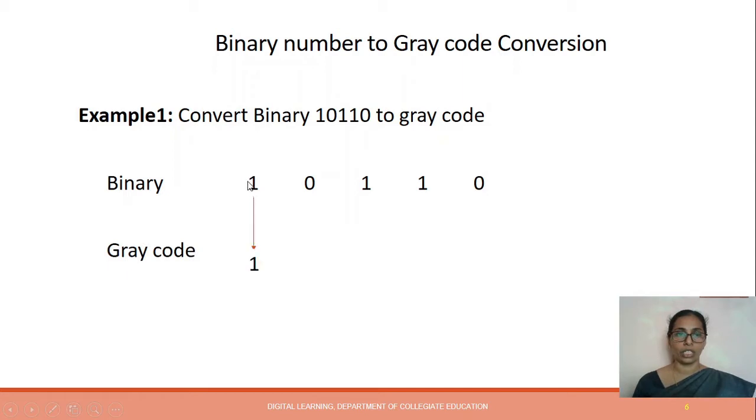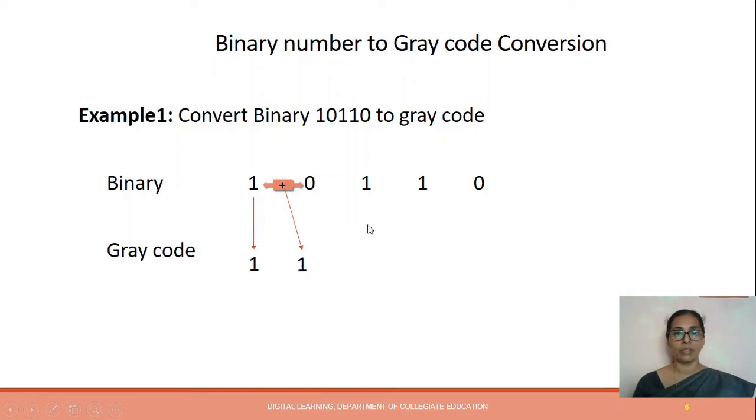So there is no change for the most significant bit, MSB, 1 will remain as it is. For the next bit in gray code, add the adjacent pair of bits in the binary number. Here adding 1 plus 0 will give the second bit in gray code.